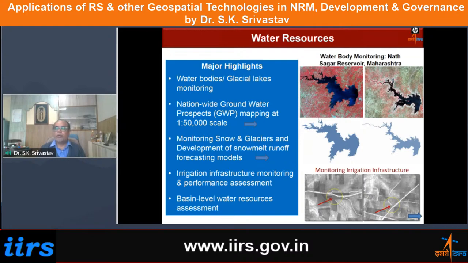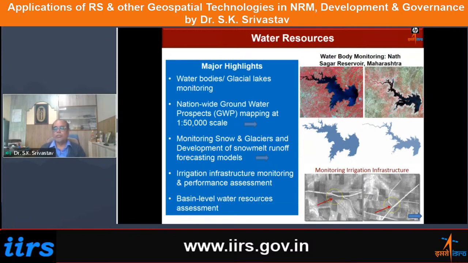Okay, they are telling about major applications which are possible using the space technology, and let us say using the geospatial technology as far as the water resources sector is concerned. So when we talk about the water resources, the first and foremost information which is required by any water resource manager is basically the information on the spatial and temporal distribution of the water bodies. That also includes, of course, if somebody is working in the mountainous terrain, or in our country, let's say Himalayan terrain, then the information on the glacial lakes is also required.